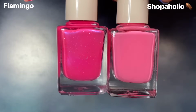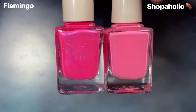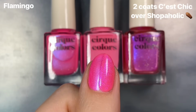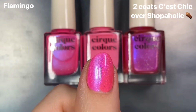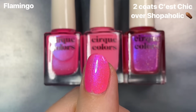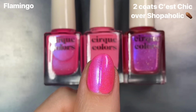That one is obviously a lighter, more white-based pink, but I think it would be a good base for C'est Chic. And I was honestly pretty surprised at how well this worked. Obviously, you're not going to get the same depth of having a shimmer crelly type of formula that Flamingo has, but if you do already have C'est Chic and Shopaholic, I feel like this is very much giving we have